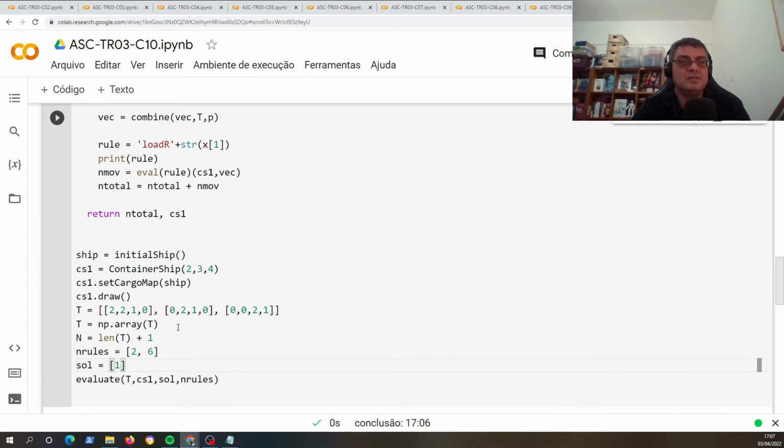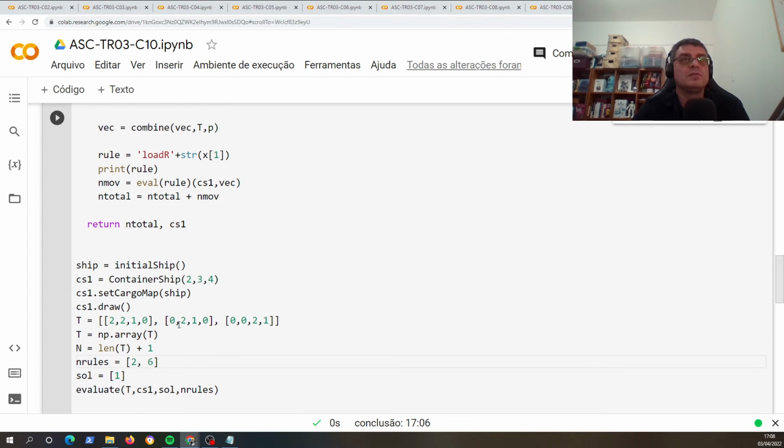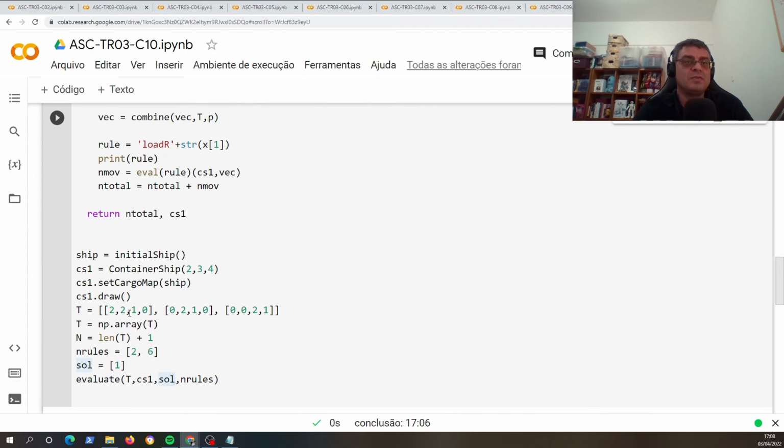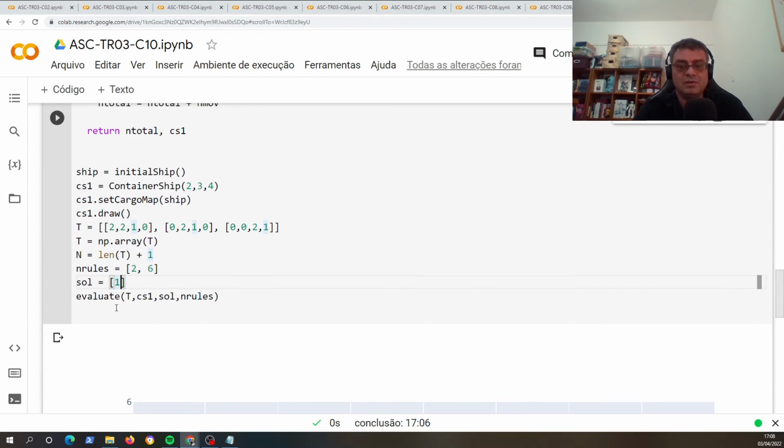It's very deceiving, in the sense that these are the possible rules that we can use, but this is the solution just for port 1. So if we employ the solution for the first port only, it will be the solution for the first port only. And finally, any movement,